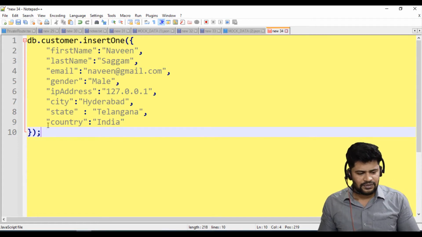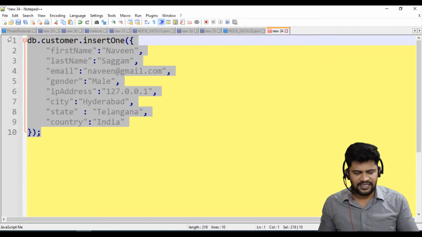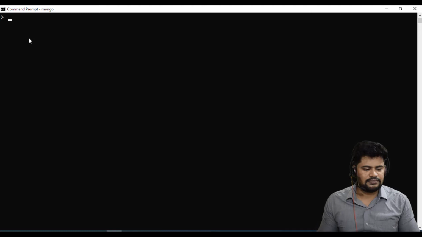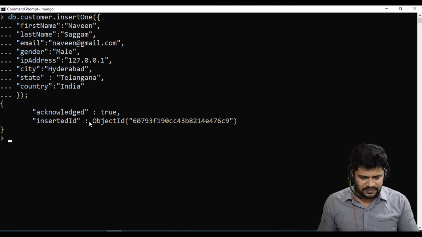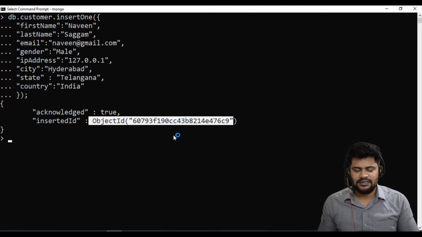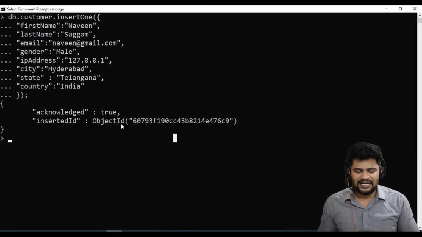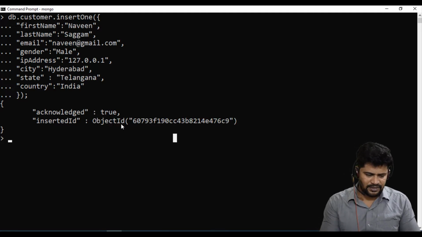Okay. So let's copy this, go to your database, and you must be switched to the database. Okay, once you have done that, paste it, enter. See, you get the acknowledgement and the object ID. Okay, but if you want to see it, what you do is db dot customer dot find, enter.